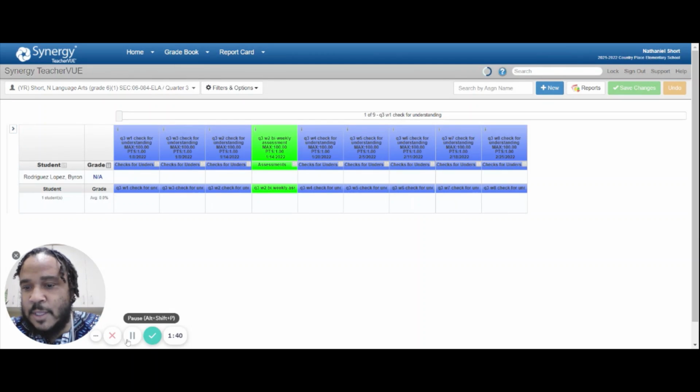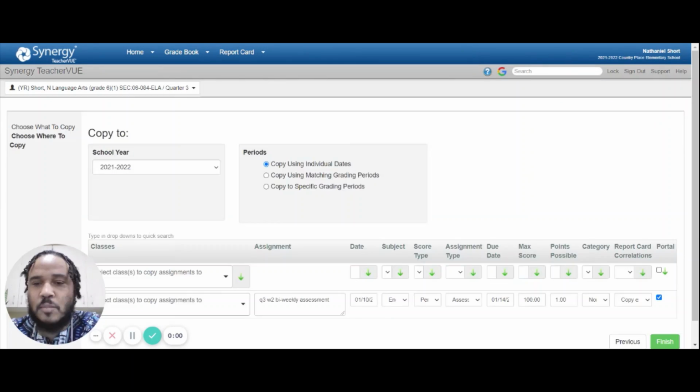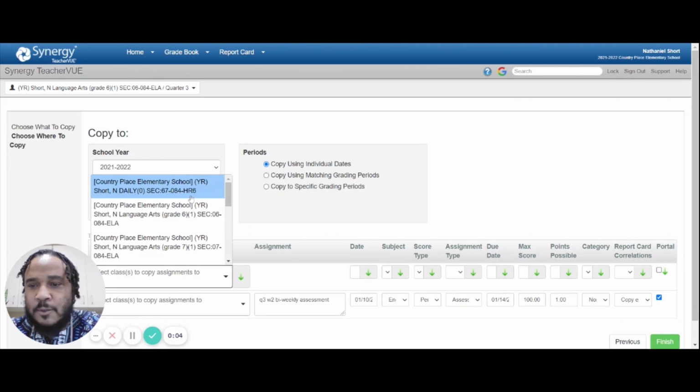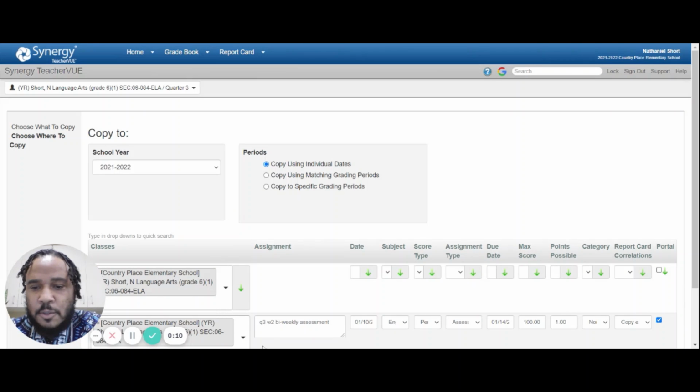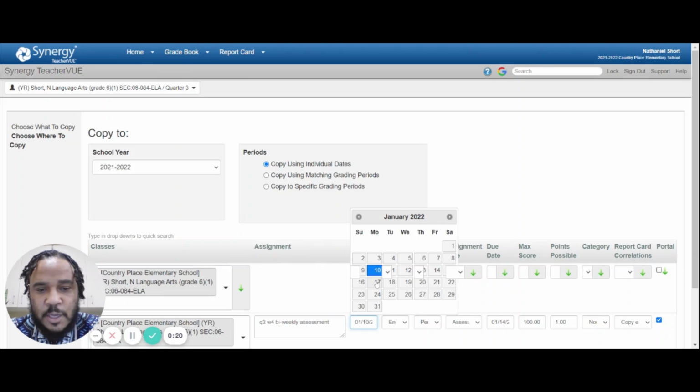And now I'm going to just jump in and copy that over for weeks 4, 6, and 8. All right, so this is the part where I said I forgot to pick the date. So I'm picking the same class, and I'm going to drop this down to there. I am changing this now to week 4. And then I'm going to change the date. So I'm going to add